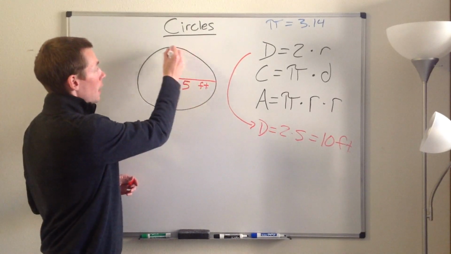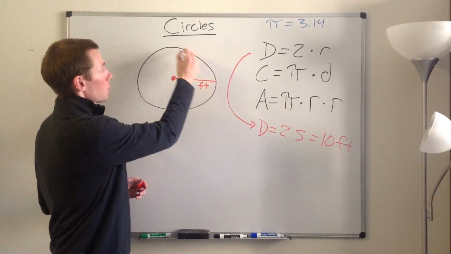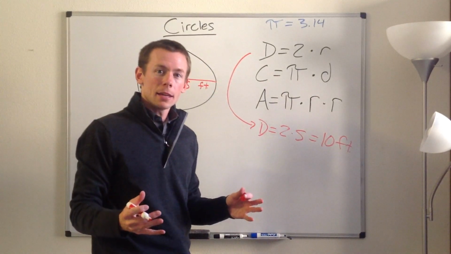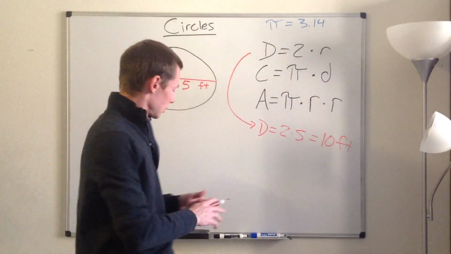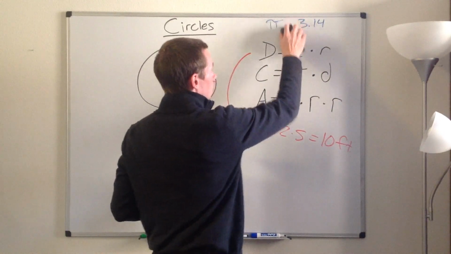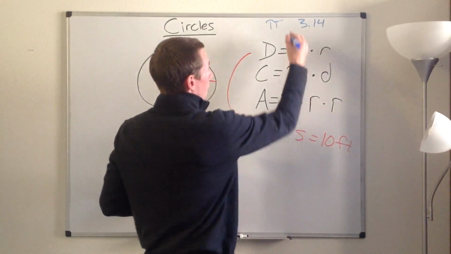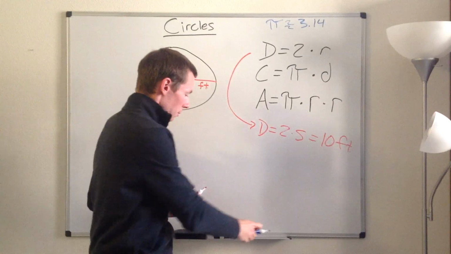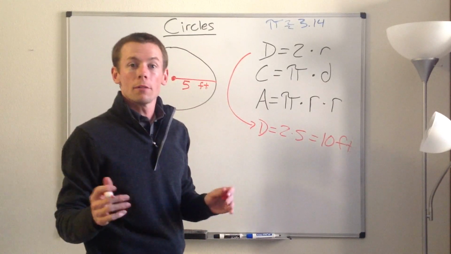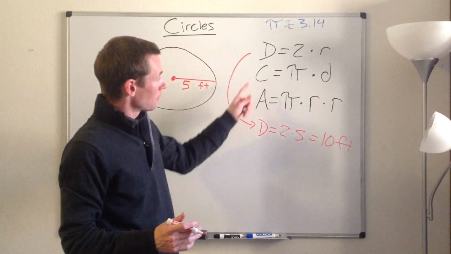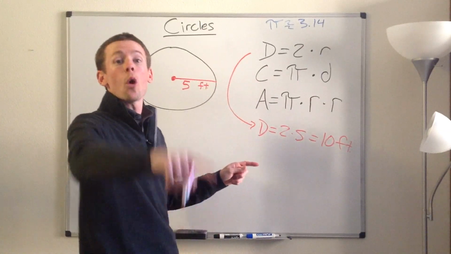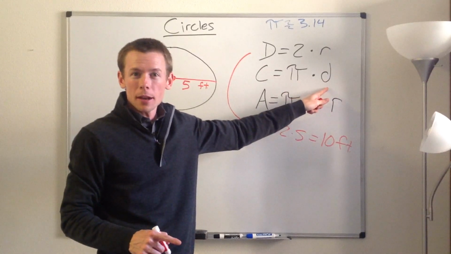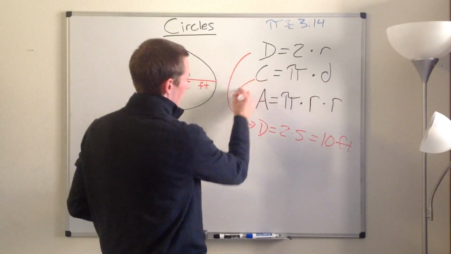Now let's say I want to find the distance around the circle. Well, this involves a number called pi. And pi we estimate, that's the estimate symbol instead of equal symbol, to be 3.14. So to find the circumference, as if you walked around the circle, you take pi and multiply it by the diameter. So here,